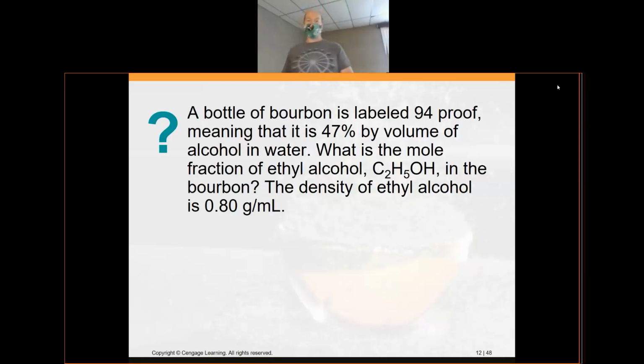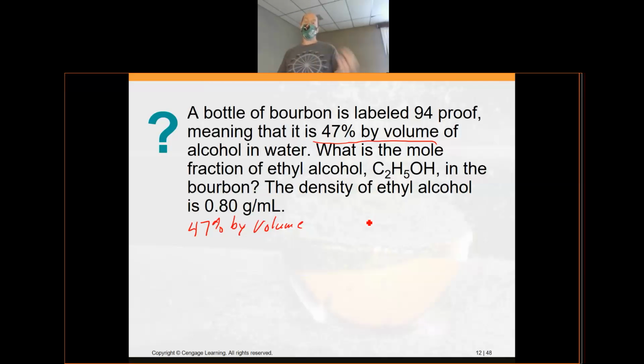All right, so you got a bottle. When you have alcohol and they label it as proof, you divide that by 2, and that gives you your percent alcohol. And now this percent alcohol is by volume, all right, not by mass. When you're doing percent alcohol, it is by volume. And so when you have a 47% by volume,